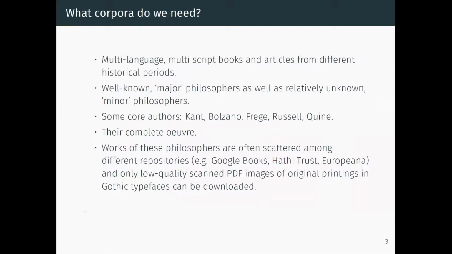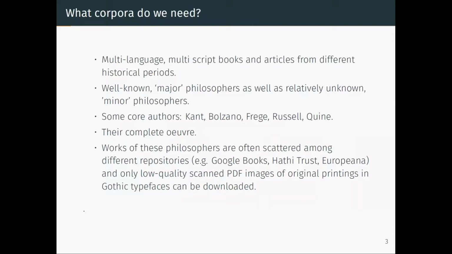So what kind of corpora do we need? Multi-language, multi-script books and articles from different historical periods. Yeah, we study mainly German philosophers, but also English ones, Polish ones, and philosophers that wrote in Latin and in Greek. Many of the German texts that we study are written in this Gothic typeface, Fraktur. So that's already a very diverse corpora, and we study both major philosophers, very well-known ones, as well as minor ones. For example, Kant is very well known, Bolzano already a bit less,